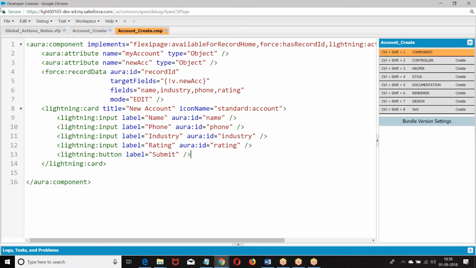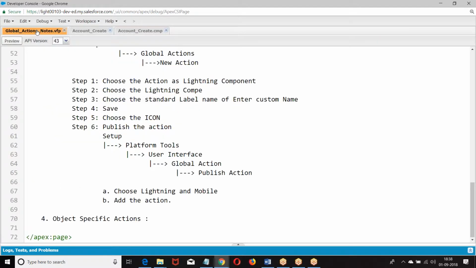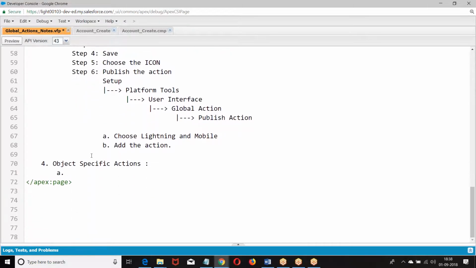Now still there are some threads here. Once I complete the threads, I will be going with the complete example. Okay. So what are these object specific actions?